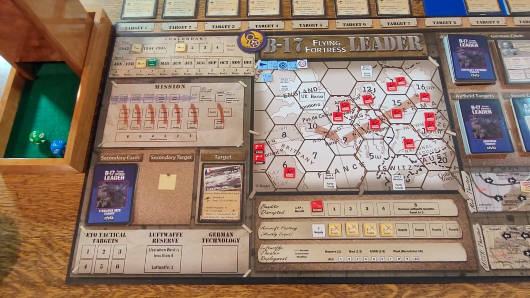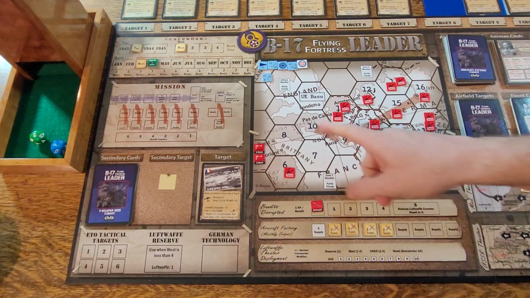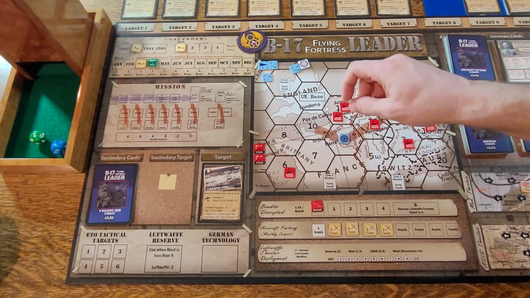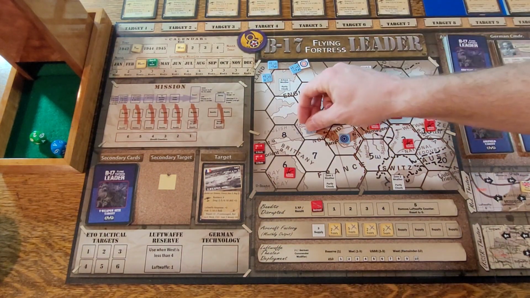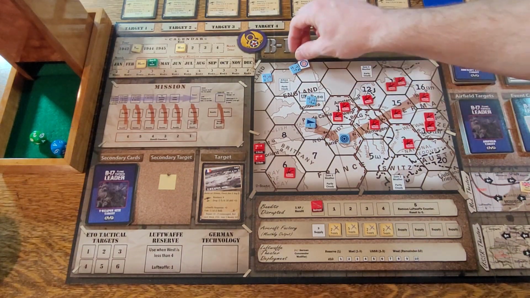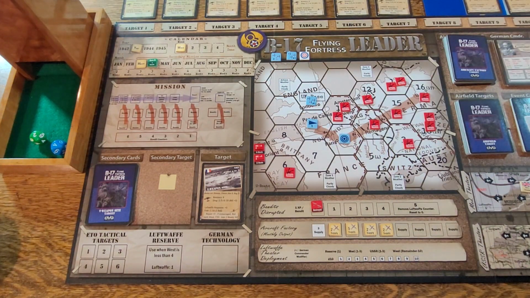All right, so what we're going to do is, that's going to be our first target. It's not hardened, and there is no Luftwaffe. So because this is 9, we're right here. So we're going to go 1. This will be this one. We're going to go 1, 2. Okay. And since this one is so important, we are going to send